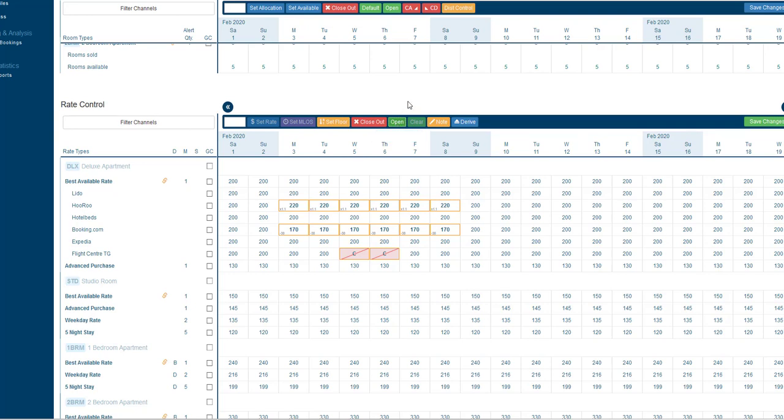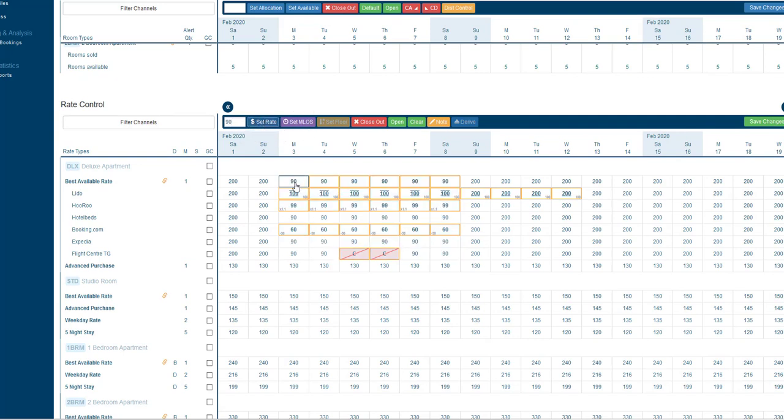Finally, our last feature that we can apply to channels on a rate level is our set floor. Select the date that you wish to update, type in the floor rate that you wish to apply, and click the set floor amount. So we can see that we have a set floor in the corner here, but it is not currently active. If we change these rates to something lower than our floor,